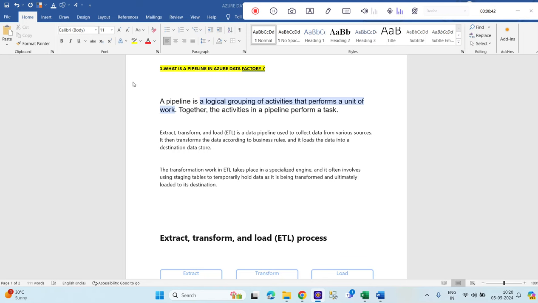What is a pipeline in Azure Data Factory? So you can say that a pipeline is a logical grouping of activities that perform a unit of task together. So together the activities in a pipeline perform a task, right? So in the Azure Data Factory,